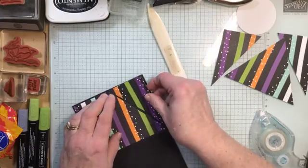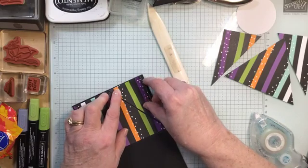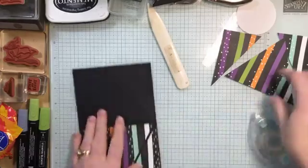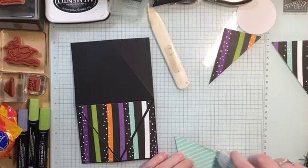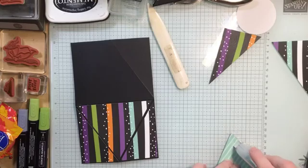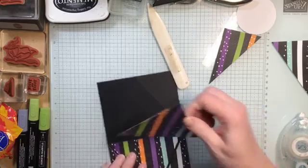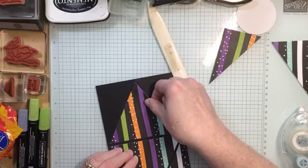Hard part is lining these back up. They're not going to be perfect because these lines are not on straight, so just remember that. Okay, so now we'll do the other side. Now I like covering off my sides. You could just do this on one side and leave the back to be black or whatever color you decide